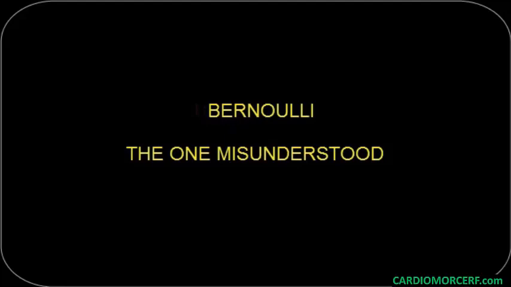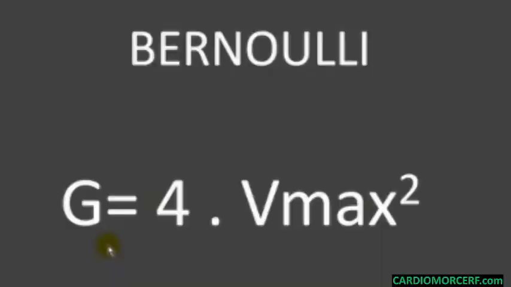Let's talk about Bernoulli, the one misunderstood. We know Bernoulli's equation to figure out the pressure gradient across 2 points using Doppler. And the equation says that the gradient equals 4 multiplied by the square of the maximal velocity found between the